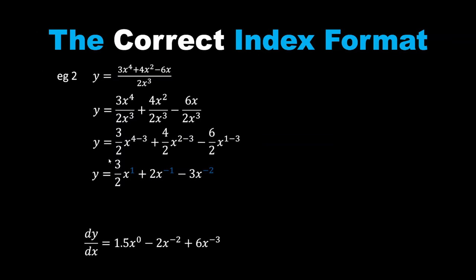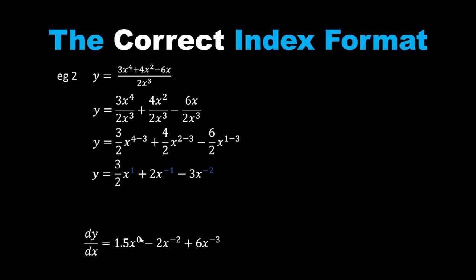So 3 over 2 is simply a half. And if I take 1 away from that 1, it becomes 0. Multiplying this 2 by the negative 1 makes it negative 2, and subtracting 1 from that negative 1 makes it negative 2. Multiplying negative 3 by negative 2 makes that positive 6, and subtracting 1 from this negative 2 makes it negative 3. Now this is my differentiated equation, and I can leave it in this format, however, it's not fully